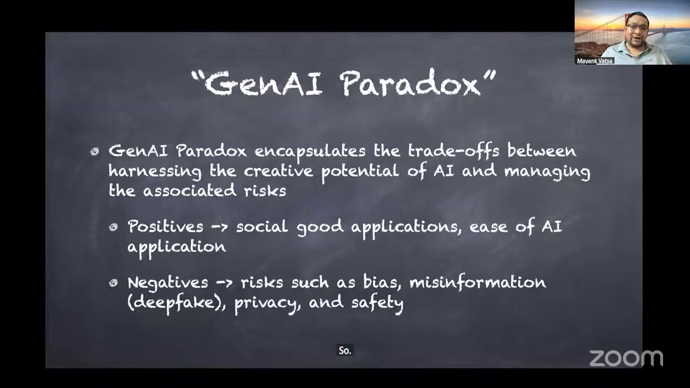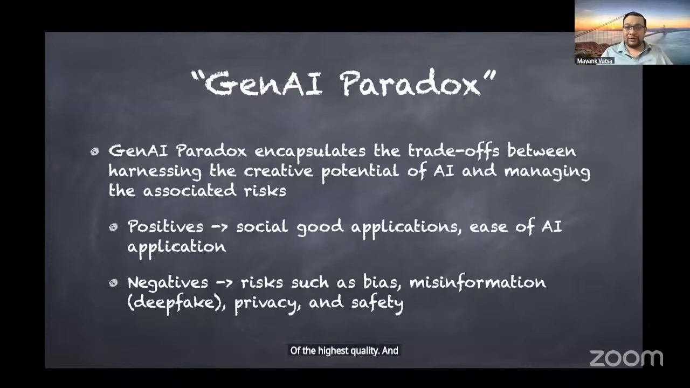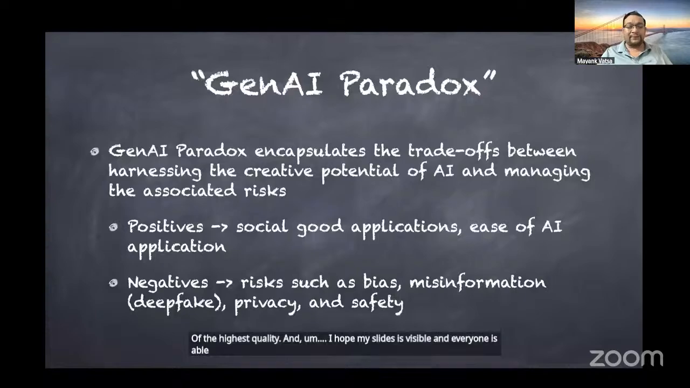So when we look at generative AI applications, there are several applications which are of the highest quality, and I hope my slides are visible and everyone is able to hear me. Okay, so